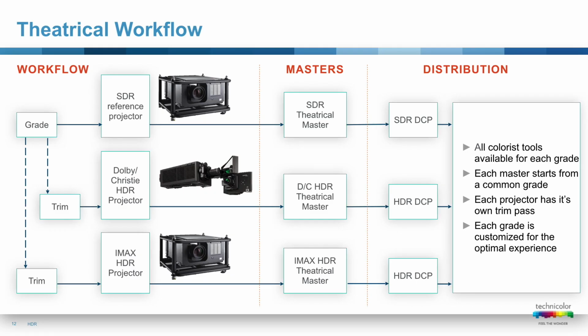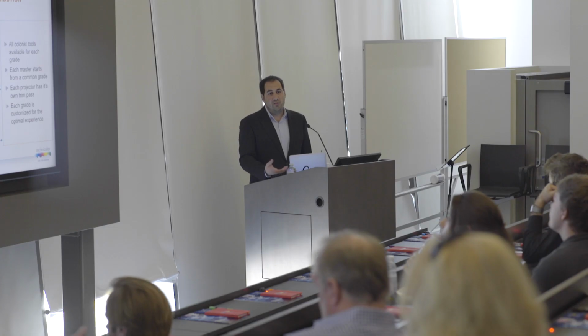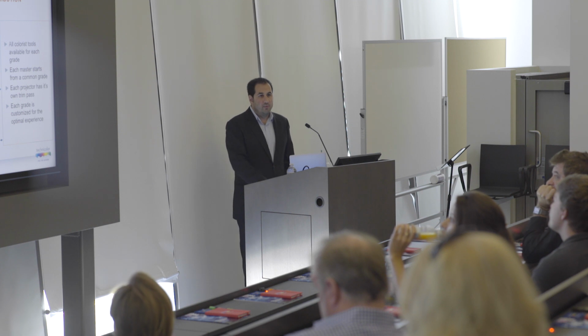As we look at this, you'll see that every single projector has its own trim pass. This is a decision that will have to be made by anyone who's budgeting for production. Obviously, I'm still going to do the standard dynamic range projection master because I have 3,500+ screens I have to go to. Then, on top of that, do I do a Dolby grade, a Dolby Christie grade? Do I do a Barco grade? Do I do both? Do I do all three? These are the questions that people have to answer as they budget for these different releases.